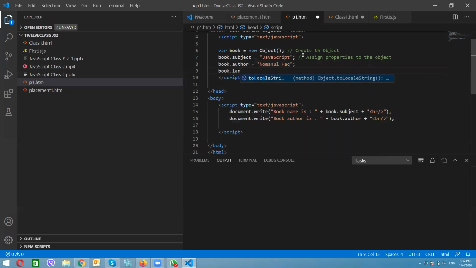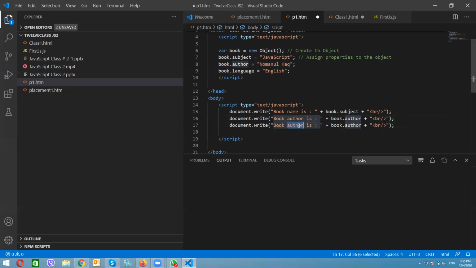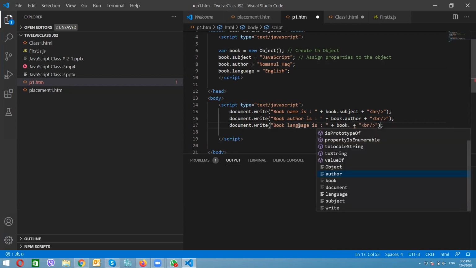Book.language. Let's see. I'm creating another property, book.language, and the language I will say is English. I will copy and paste: book language is book dot, and when I say dot, language should automatically come here.